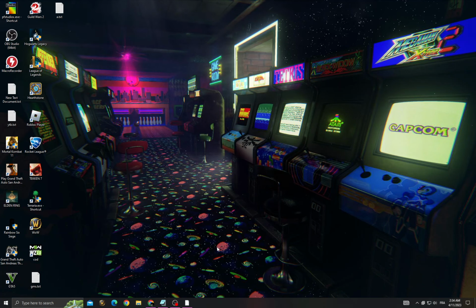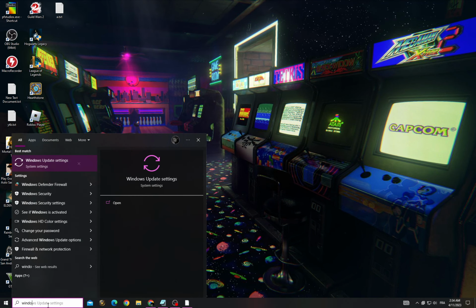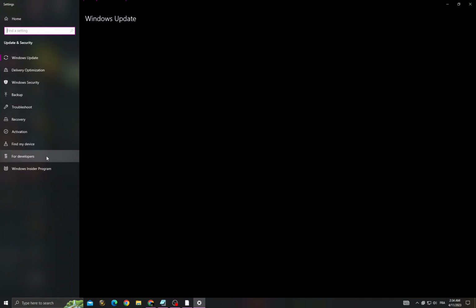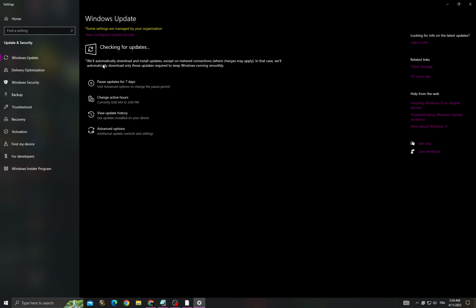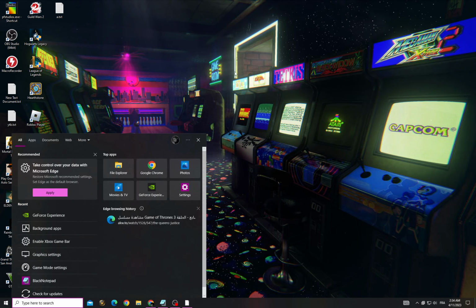If you want to fix it, all you have to do is first click here and then go to Windows Update Settings. Check for updates and make sure you have the latest update, and then go back and now right click on